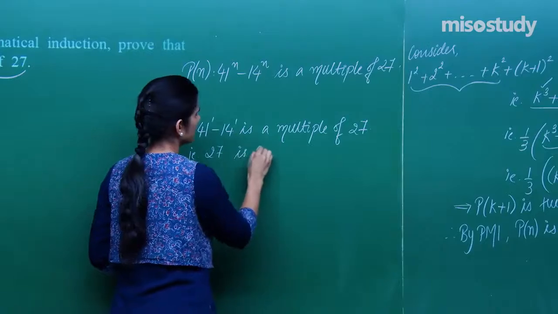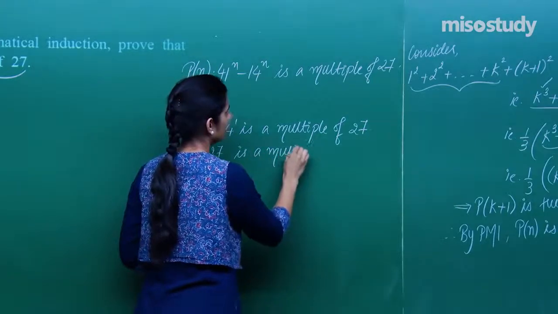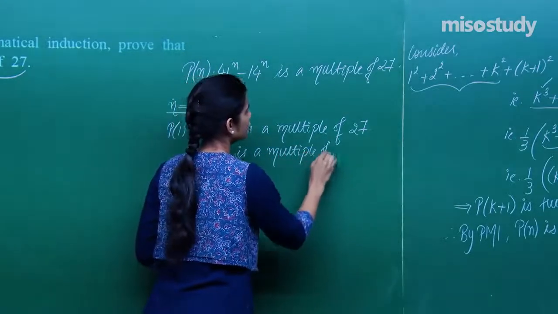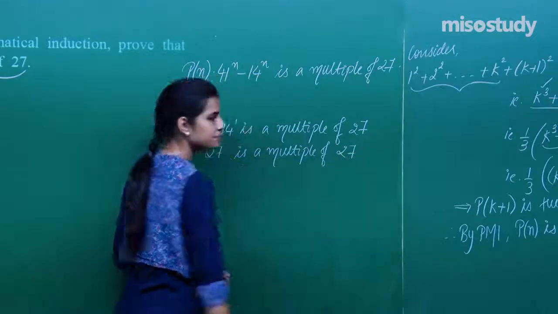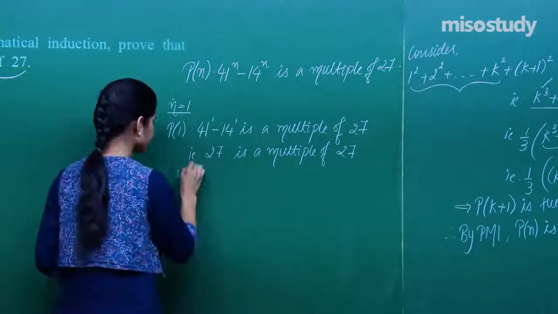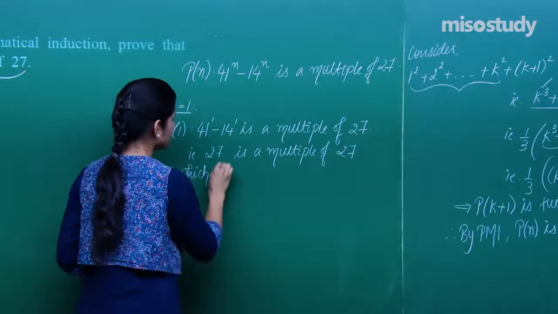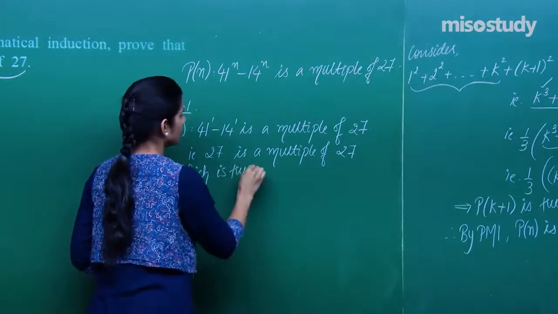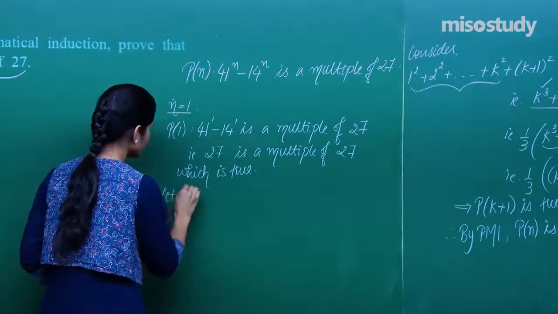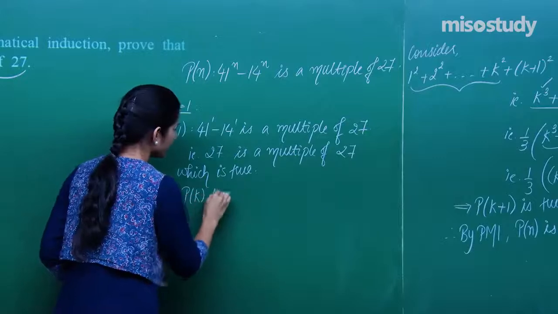27 is a multiple of 27. That is true because 27 into 1 is 27. So P1 has been established to be true. Now I will be assuming Pk is true. Let Pk be true